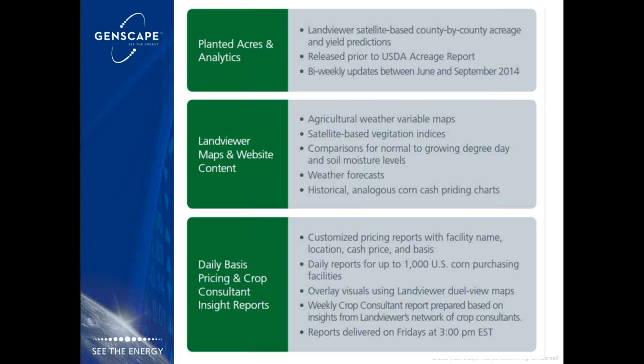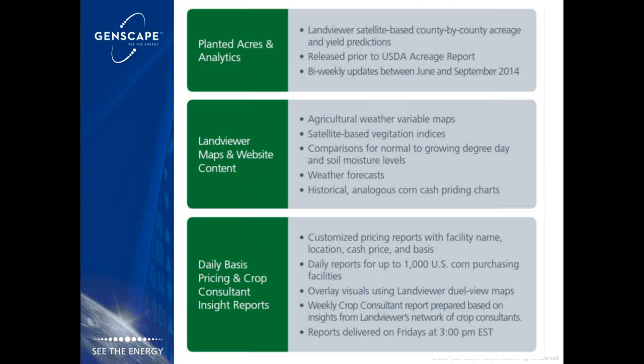Here's an overview of our product offerings. We do a planted acres and yield estimate that comes out twice a month from June through the end of September. It's based on satellite data and weather variables as well. And it's got a 10-year model. We'll get into a little more on the data set behind that yield estimation. We also have a web page that's available